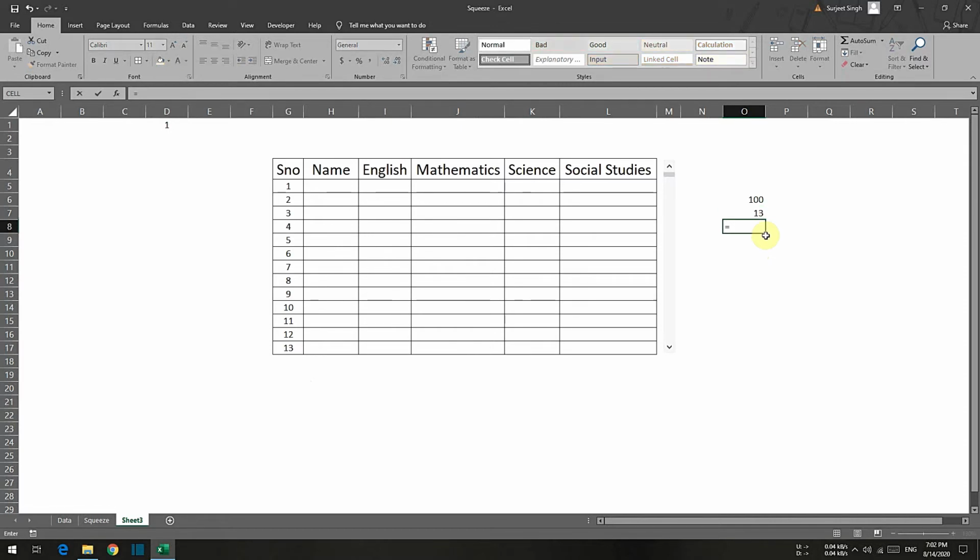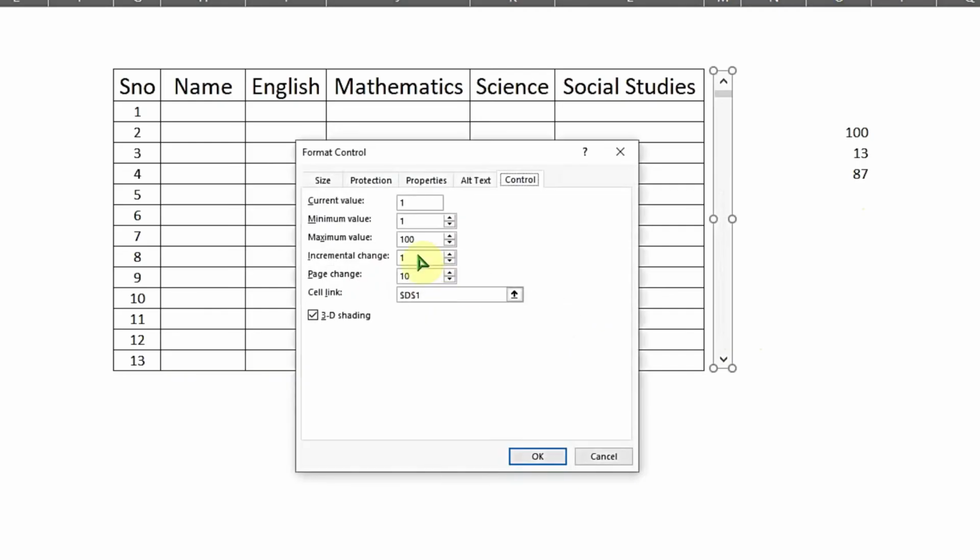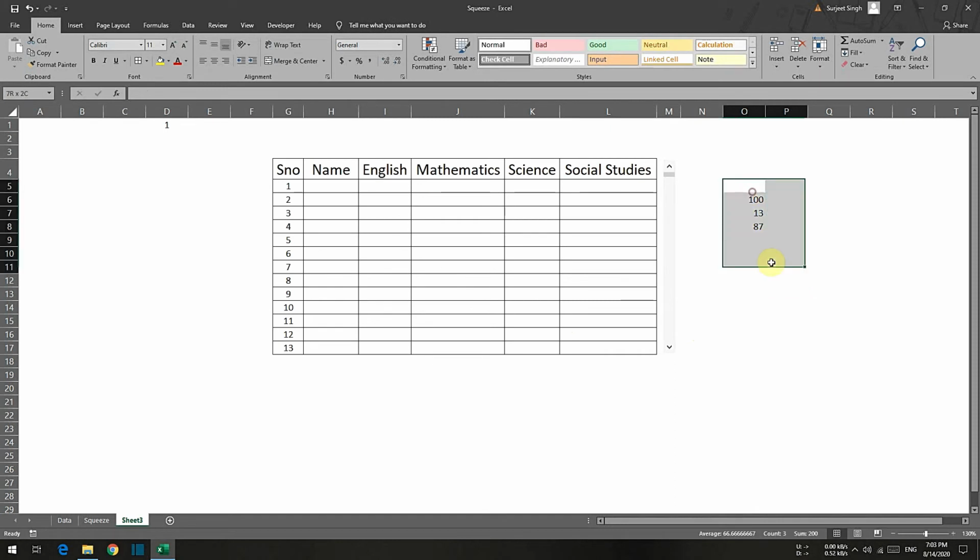I simply need to subtract this number from the above number and add 1 to it. This one is important. So once again I will click on this scroll bar, Format Control. Here the maximum number would be this number plus 1, that would be 88. I will show you why this one is very important. I click on OK. Now I can easily delete this because it is not required.